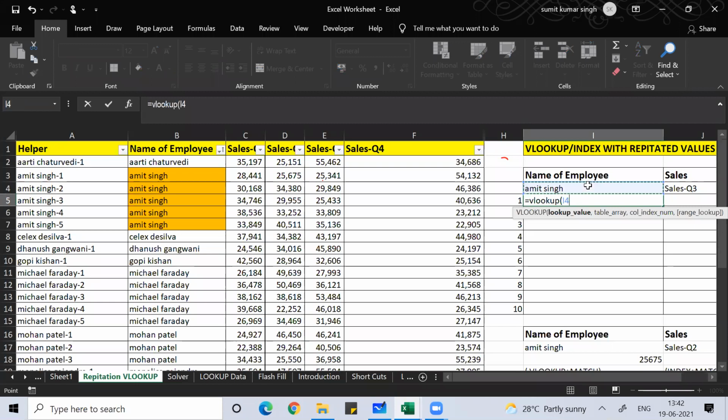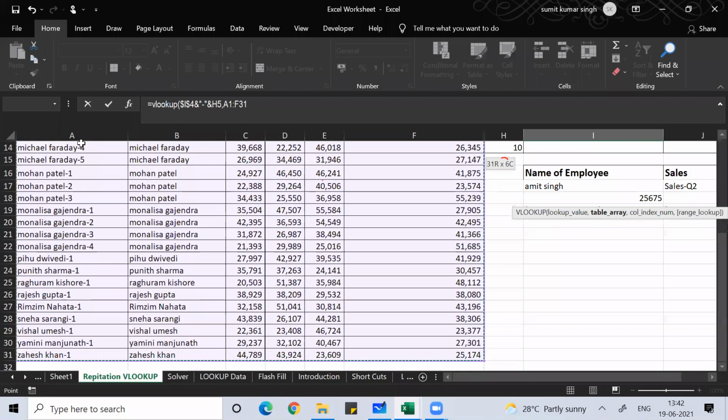So the lookup value is the value you're looking for. Fix this cell with F4, then Shift 7, double quote, slash, double quote, Shift 7, 1, Amit Singh, and slash 1, then slash 2, slash 3. This is the lookup value. Table array, this is your table array, comma. Then for the column number, use the MATCH function.